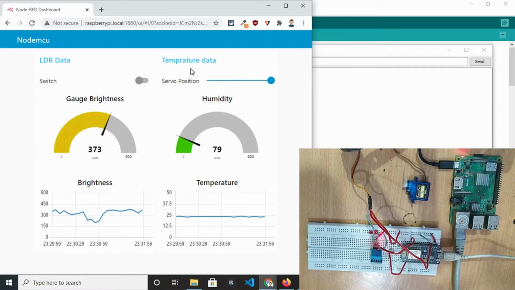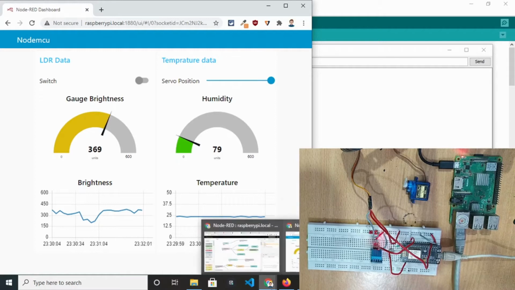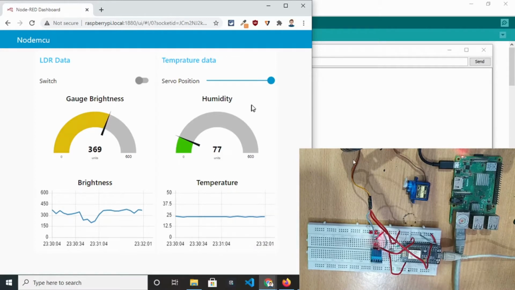We have set up this dashboard in such a manner that it will send data from this switch and servo position slider, and receive data on this gauge and this line chart. So this is the dashboard we are creating in this session.